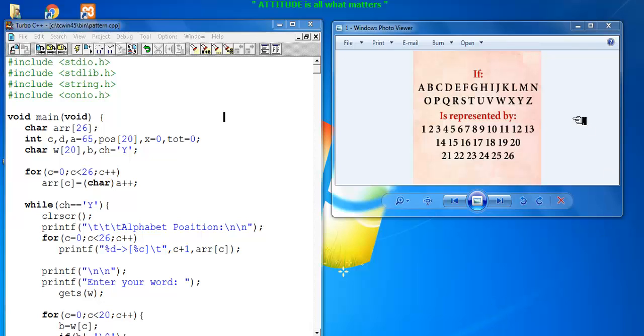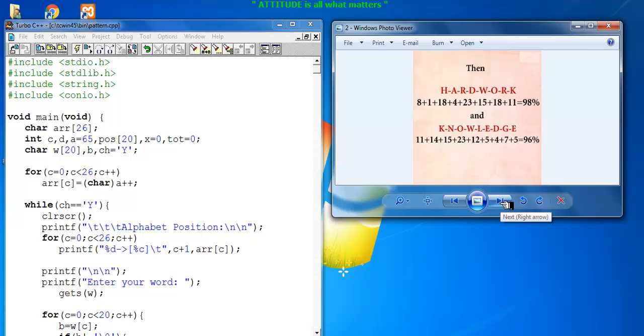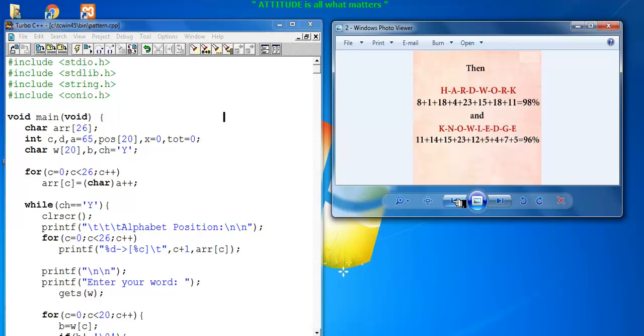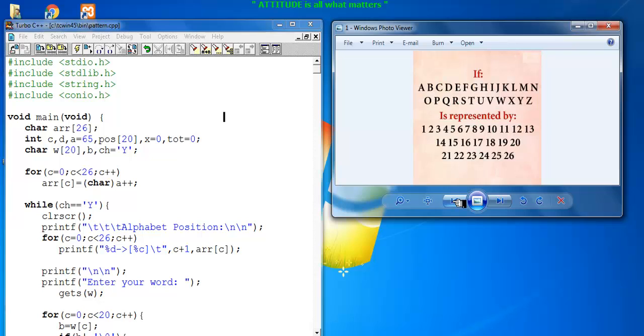This is a picture which I saw, and then it was followed by another picture which says that this is a word, and each of the alphabets has a position. If we sum them up, we get this particular percentage, whereas if the word is attitude, the percentage is exactly 100. So the moment I saw these three pics, suddenly an idea popped up in my mind: